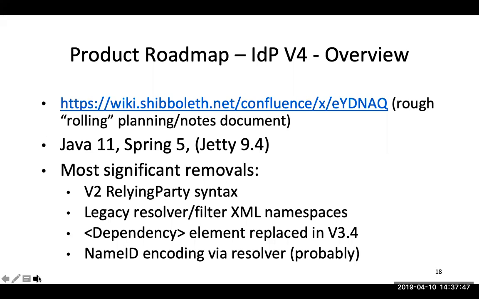As I mentioned earlier, we are going to be targeting Java 11 with this release. We're also moving to Spring 5. For the Windows package, in which we actually ship a version of Jetty, we're going to be moving that to Jetty 9.4, which is the current version of Jetty. It's the version that's most appropriate to run under the Java 11 platform, although Jetty 9.3 does, I believe, run under it. So that's our plan.